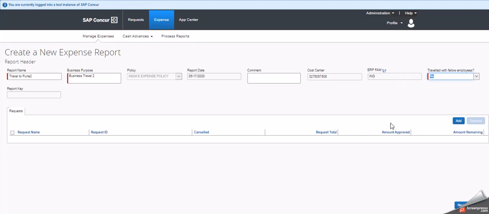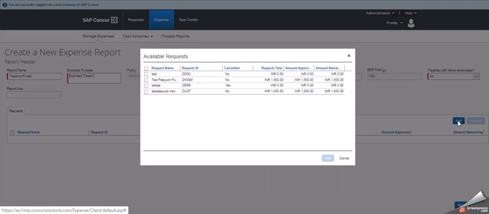Now you can see that there is an add button in the lower right corner. So this is the add button. When the user clicks on the add option, all approved requests will be displayed, and after that the appropriate travel request can be added to the expense report.